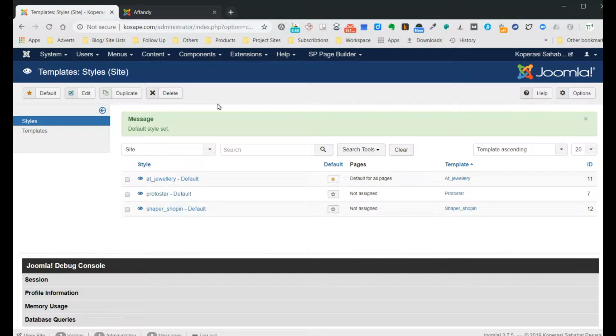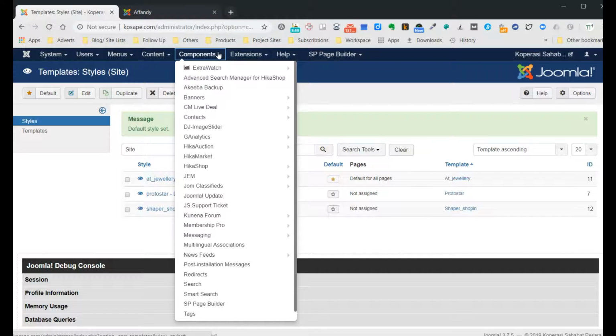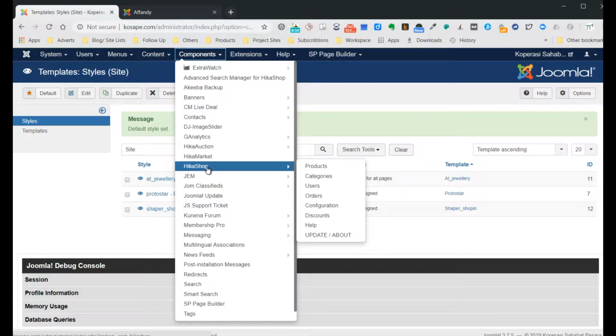Now, apart from coming up with pages that describe the cooperative, we also want to use the website to do some business. And what type of components do we have here that can help us to run business? We have Hika Shop here. This is Hika Shop Business Edition,